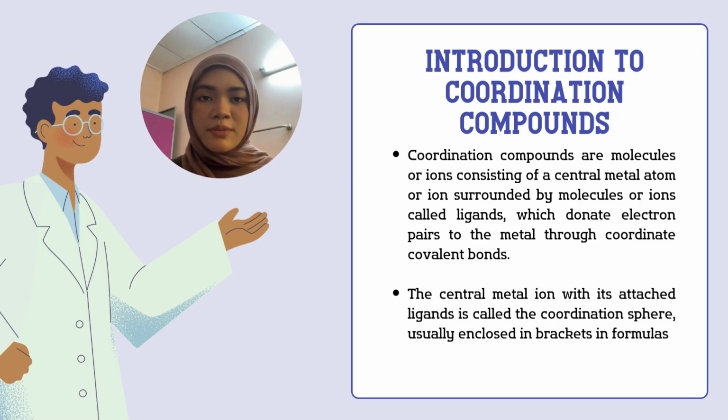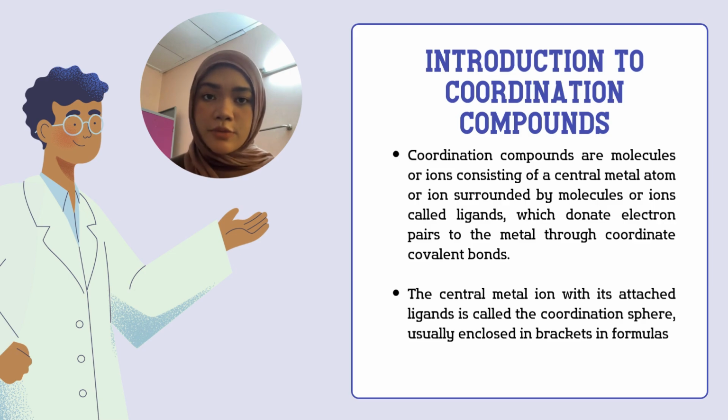Coordination compounds are molecules or ions that consist of a central metal atom or ion surrounded by molecules or ions known as ligands. These ligands donate electron pairs to the metal through coordinate covalent bonds. The central metal ion, along with its attached ligands, is called the coordination sphere, which is usually enclosed in brackets